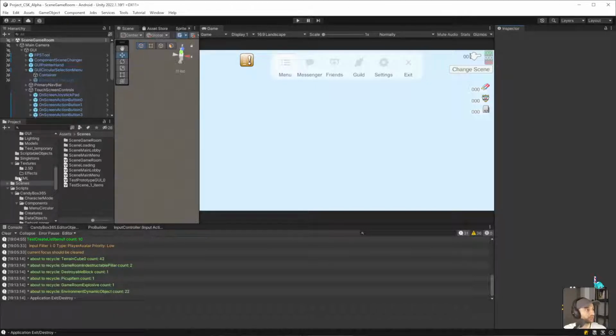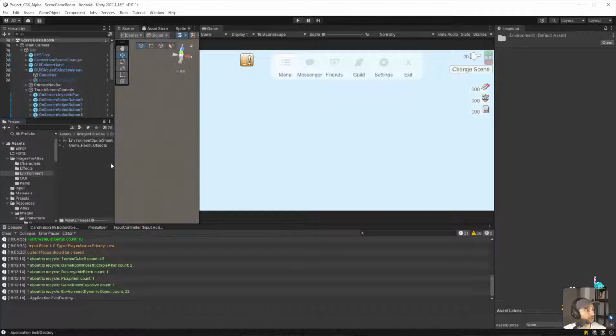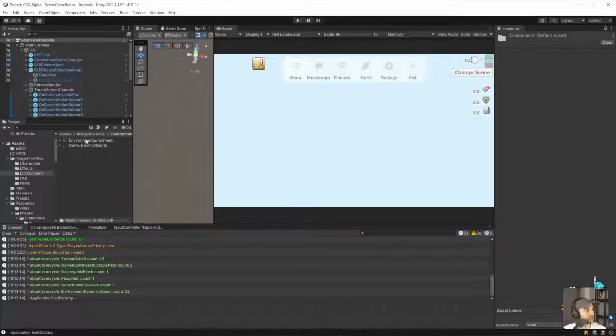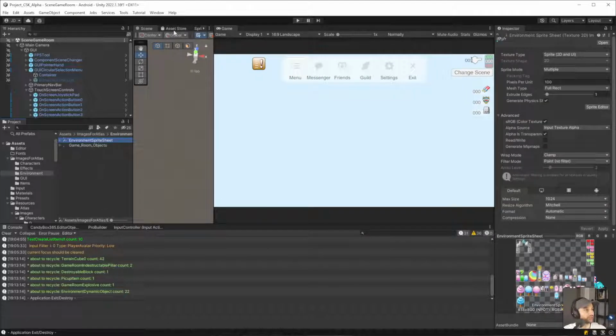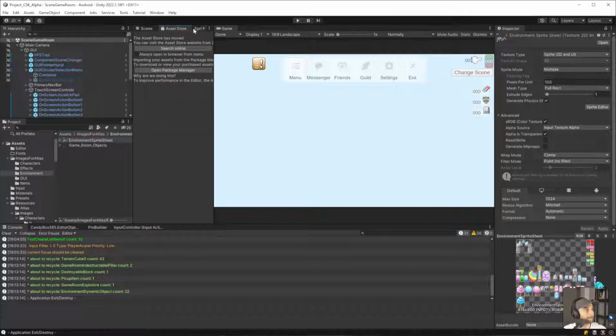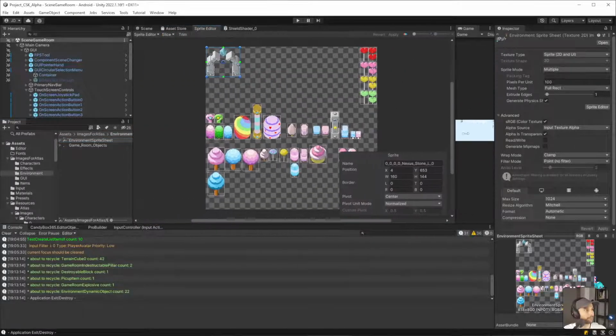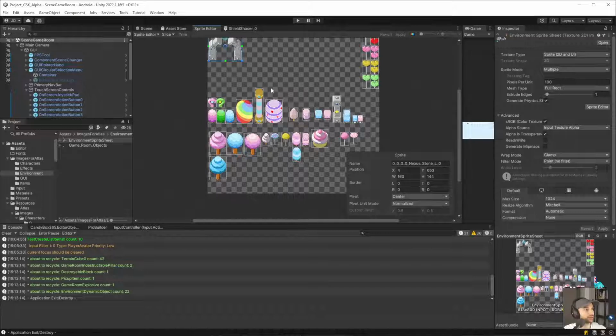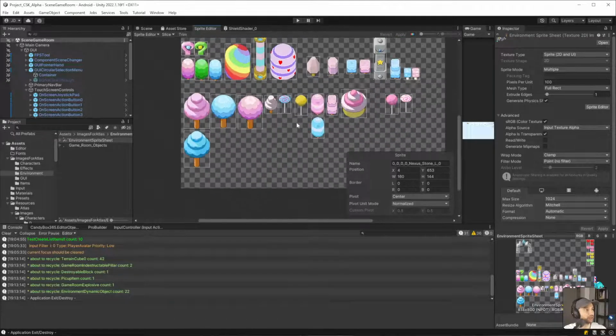Okay, so let's go to our images for Atlas, environment. Okay, so we need to replace this one. Yeah, so if we just replace this one, those 3 will go in this area here, and then we'll add them additively.